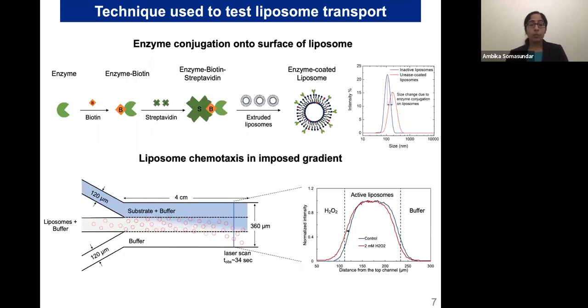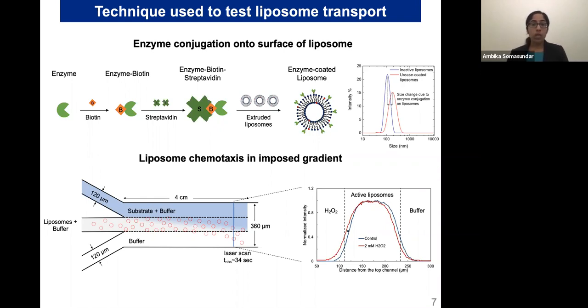After we make these uniformly sized liposomes, we want to conjugate enzyme onto their external surface. We do this through the enzyme biotin streptavidin linkage and coat them on the external surface of these extruded, uniformly sized vesicles. Once we form these active vesicles, or enzyme-coated liposomes, we want to test their chemotaxis in imposed gradients, and we do this by using the 3-inlet, 1-outlet